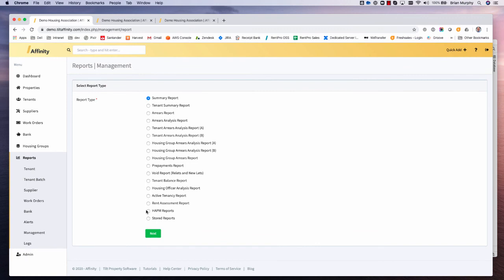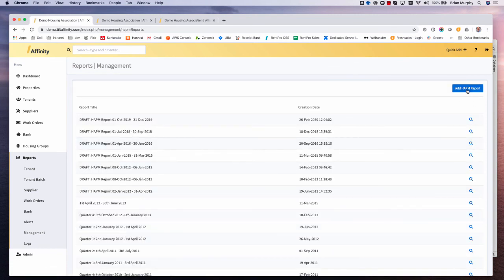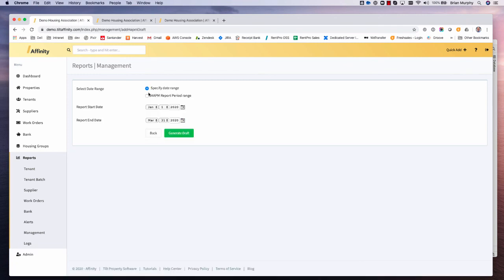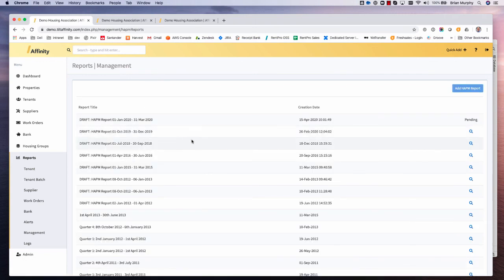One that's of interest to many people is the ability to generate HAPPEN reports. So it's one of our management reports. So if we select it, we can generate a new HAPPEN report by clicking on the button. It will default to the last completed quarter, and then we click on generate draft. What you'll see here is that it says that it's in a pending state. It just takes a few seconds for this report to be generated, but if we refresh our browser, you'll see